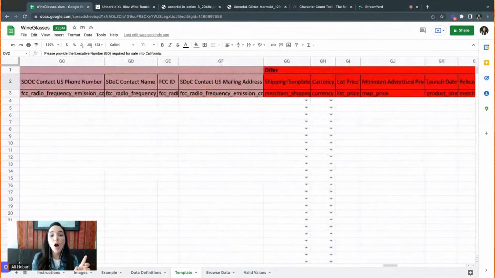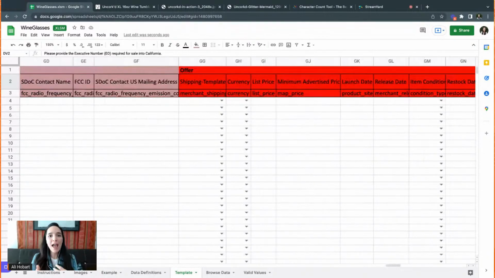What's the last? Oh, offer. This is just if you're having an actual offer. If you selected the price, that's just the, what is it called? Retail suggested. It's skipping my mind what it's called. That's if you just put that price, that's going to be the price of your product. But you can have a temporary sale going on, just like you would do if you did it manually. This is where you will put all of it.